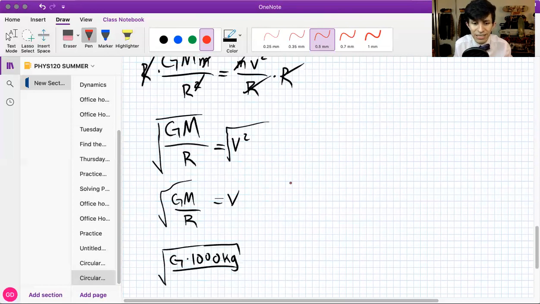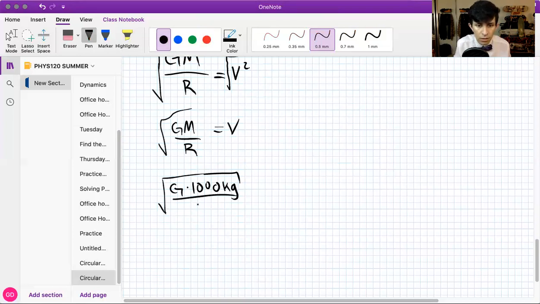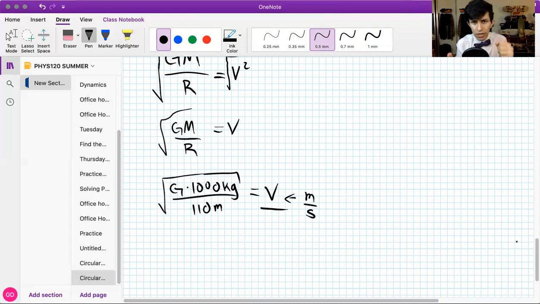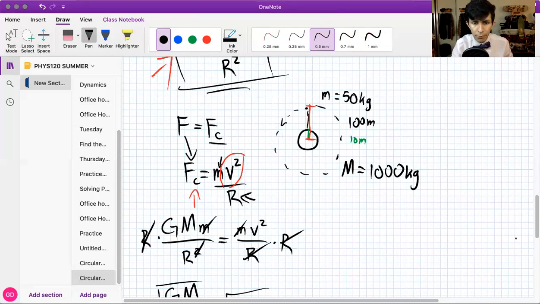So that's 110 meters. And then you square root all of that and you're going to get your velocity in standard units, meters per second. And that's how you get that answer, by combining these two equations, just looking at the concepts of rotation and just memorizing this other equation for